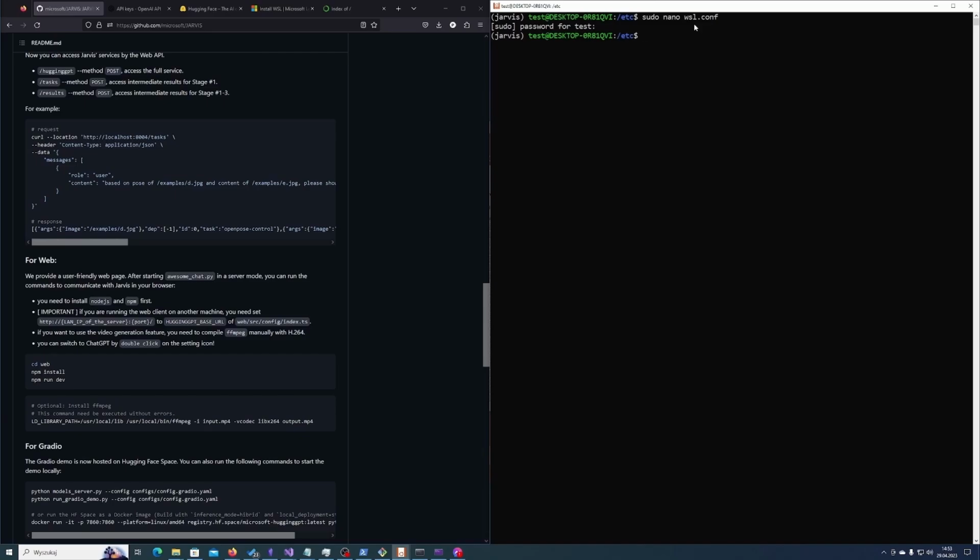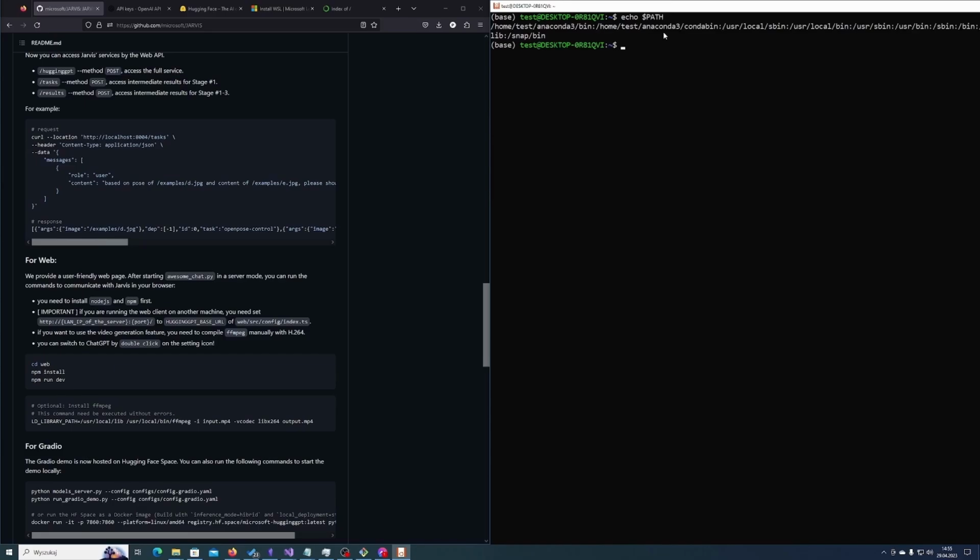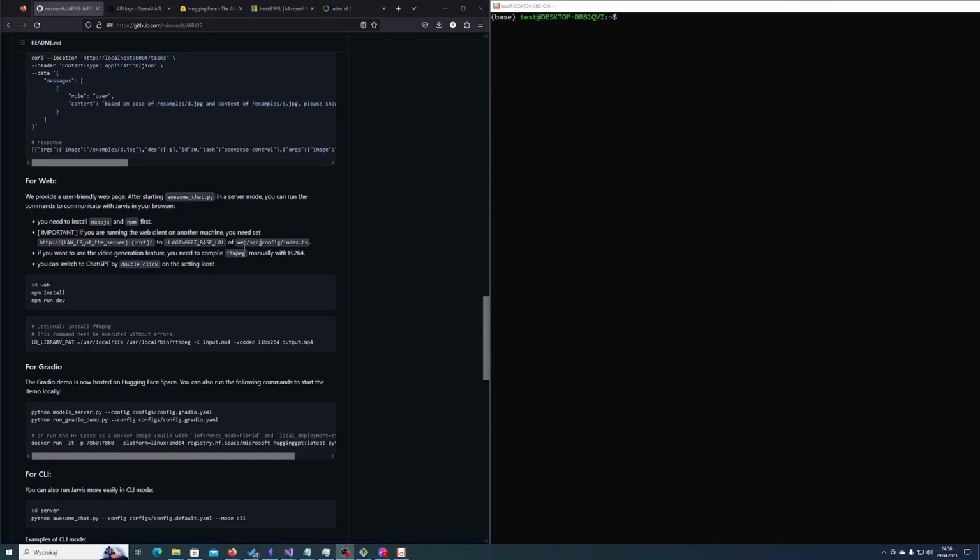And this setting will not be activated until we restart Ubuntu. So in this case, the path contains every entry that I also have in my Windows system. And after the restart, when we print the path, it only contains entries that we've added in WSL. Okay, and now we can go back to the installation process, and first of all we will install NVM, which